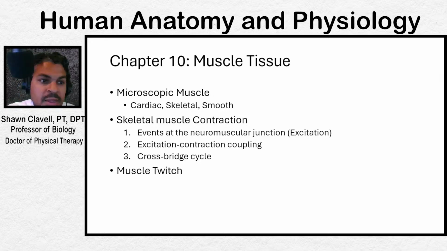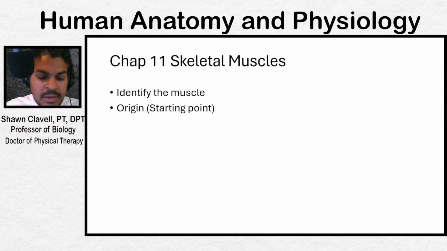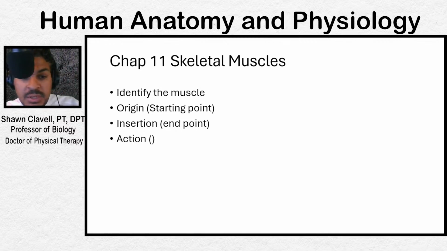Finally, in chapter 11, this is kind of where the rote memorization is going to come in. So remember when we looked at the bones of the body here? In chapter 11, we are going to talk about all of the specific skeletal muscles, their origin, the insertion. Where does the muscle end? And then finally, the action of that muscle. So, what is the muscular action, right? So, this is kind of a combination of the structures that are associated with it.